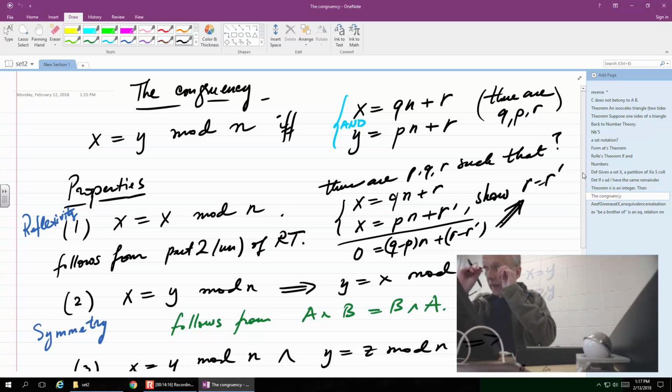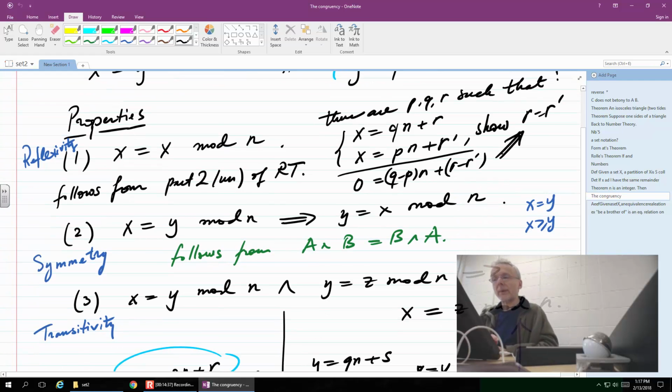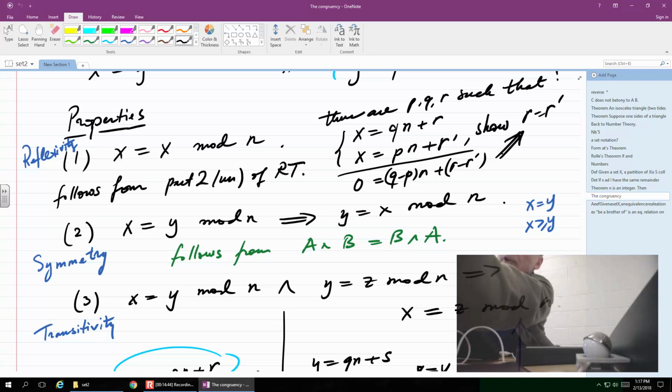So in legal situations, it matters. But congruency has no ambiguity, no problem of any kind, and we have a bunch of them right away. Once again, two numbers are congruent modulo n if they have the same remainder. We proved the three axioms to begin with: reflexivity, symmetry, and transitivity, based on our remainder theorem.